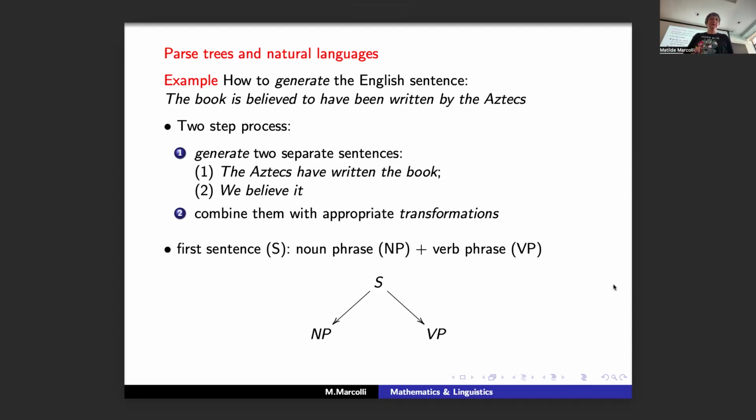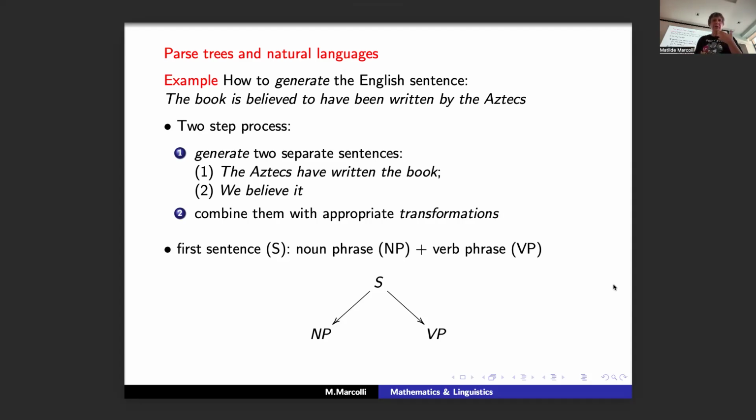Here the idea is to think in terms of these parse trees. For example, let's say we are generating an English sentence like this one: the book is believed to have been written by the Aztecs. You can think that you are generating two sentences separately. One states that the Aztecs have written the book, and one that we believe it. Then these two get combined in some